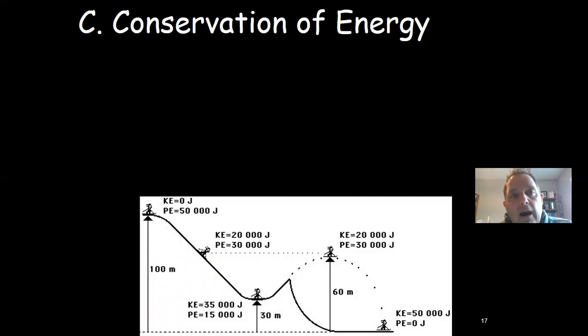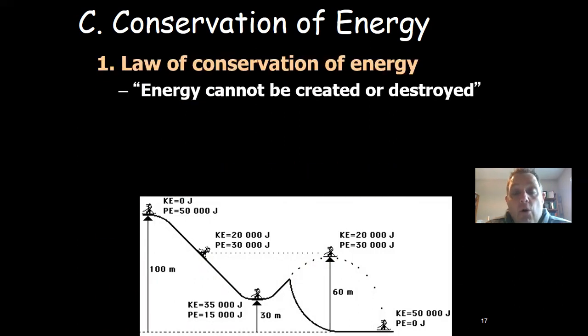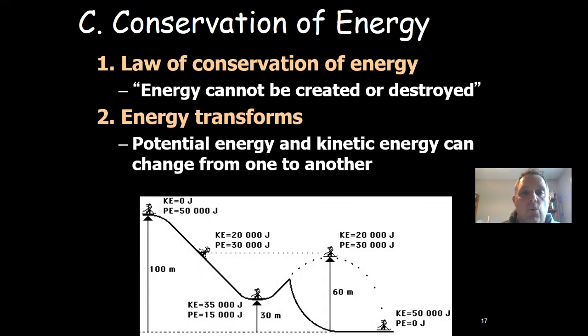All right. Now, we cannot create or destroy energy. That's the law of conservation of energy, or the law of conservation of mass. We just can't do it. We really just change what it is or transform it into a different energy. In our example here on the bottom, notice that the skier on top of this 100-meter hill has a kinetic energy of 0 because they're not moving yet. Potential energy is a lot,